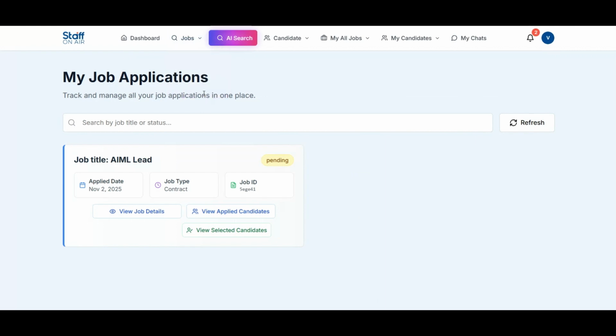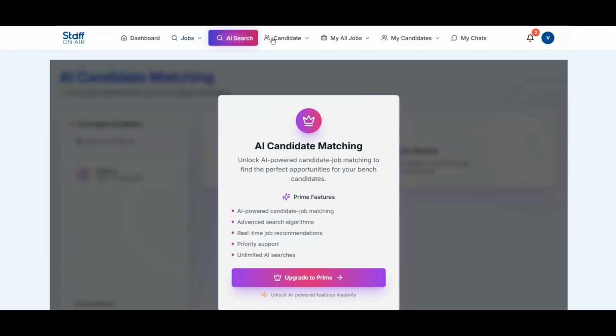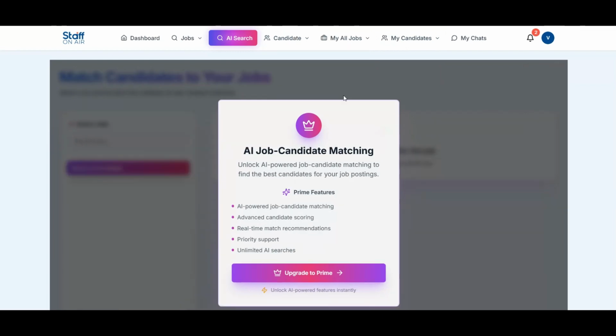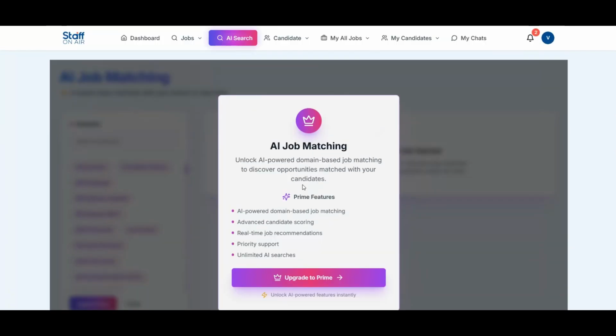For this, the AI feature to match the job is this: if you just click on your bench candidate, the AI will match all the bench candidates to the jobs available on your platform. But for this, you need a subscription. You can also use the AI to match your job with the candidates, or other individual candidates available on this platform. So there are two AI features, one for matching the job, one for matching the candidates. Okay, and this is the overall AI feature, AI search, where you select the domain of the job, and the score for all the bench candidates will be given to you by just selecting the domain of the job you wanted.